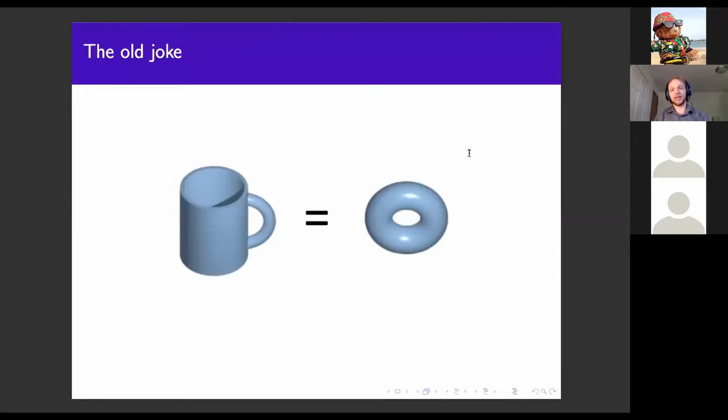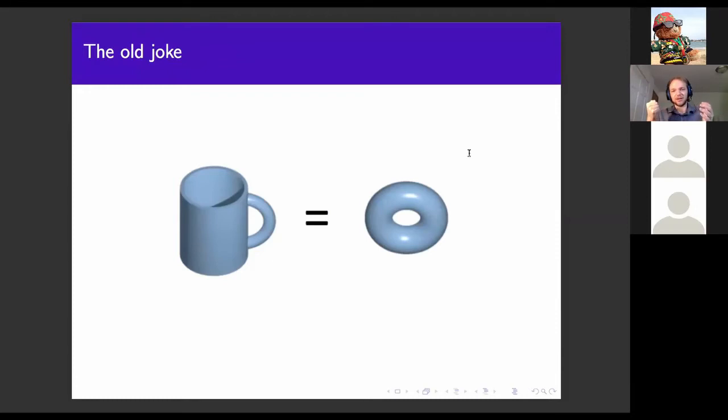And you can kind of think how you do that, right? You've got this round donut, and the hole in the donut is going to be the hole in the handle. So that's one half of it. And then you take the other half and you squish it into the cup. But you don't have to tear, you don't have to make any new holes. There's only one hole in the donut, there's one hole in the coffee cup. So you're pretty good.